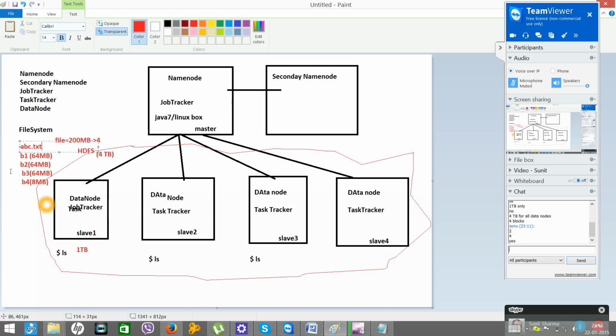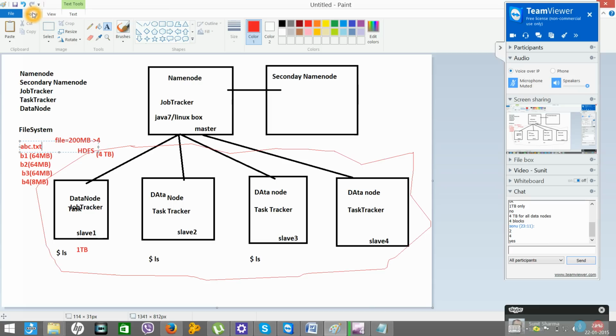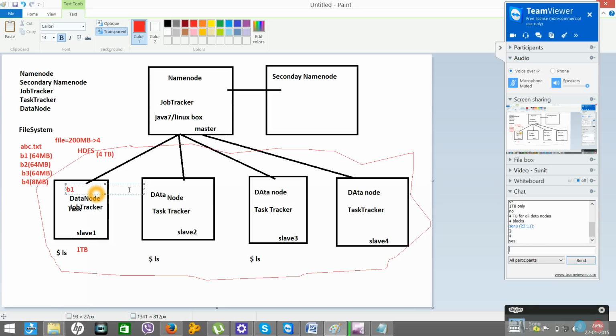Now these 4 blocks can be stored anywhere, here, here, here, or here. There is no such rule; it will be decided by Hadoop only. So let's say block 1 got stored here, block 2 and block 3 got stored here, and block 4 got stored here.